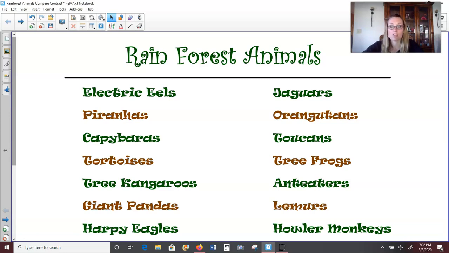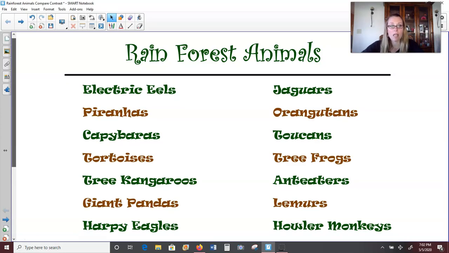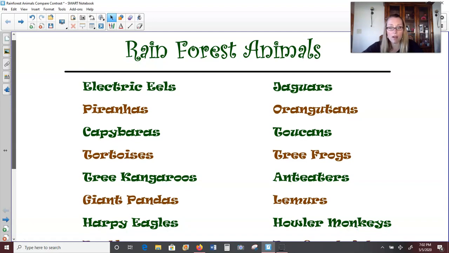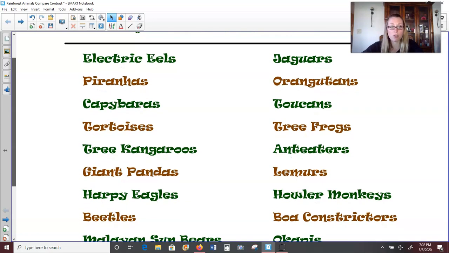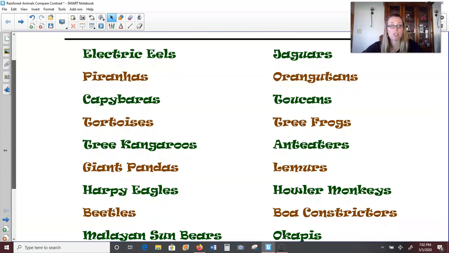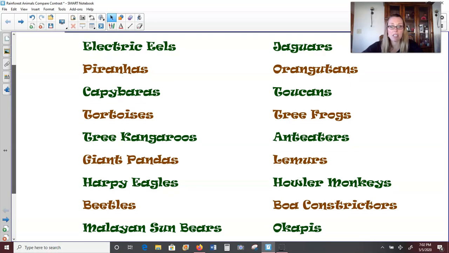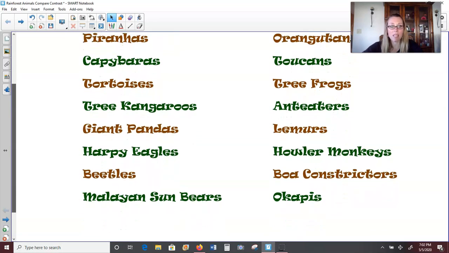We have electric eels that live in rivers, jaguars, piranhas, orangutans, capybaras. Those are really cool, like large, giant guinea pig animals. We have toucans, tortoises, which are really large turtles, tree frogs, tree kangaroos, anteaters, giant pandas, lemurs, harpy eagles, howler